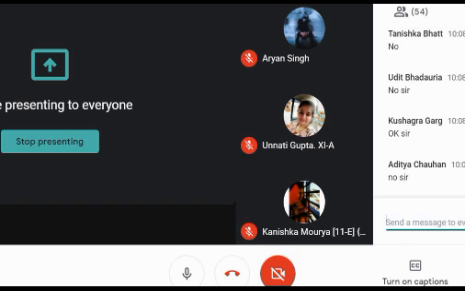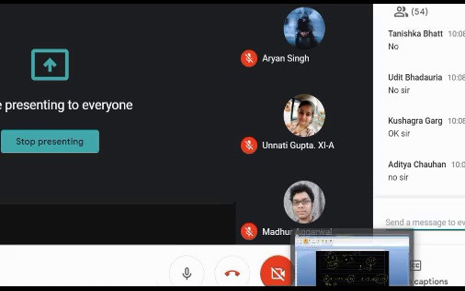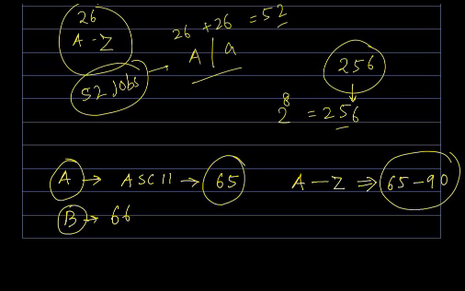Every letter that you are using on computer has an ASCII value. It has a fixed number because computer works on numbers. It does not know what is A, what is B. So we have to convert every letter or every number into its equivalent ASCII value. Then only the computer can perform it.